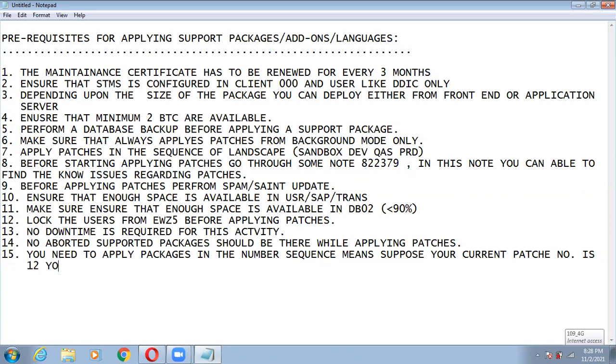Then you need to apply 13. You cannot jump to a higher version. Okay, next one.